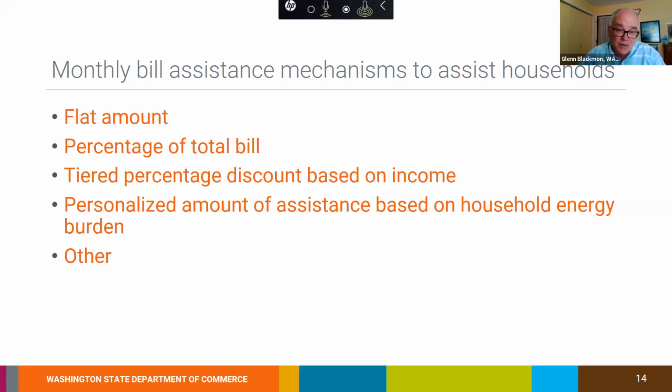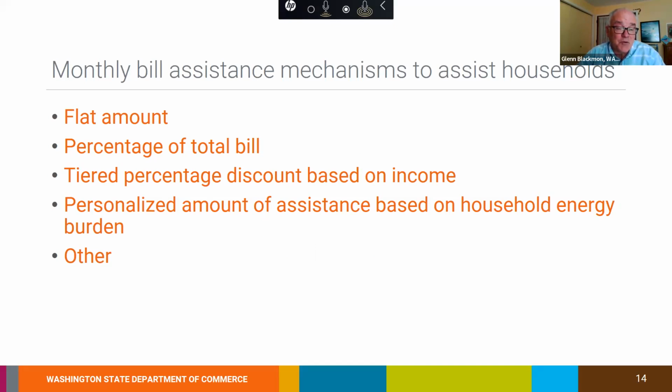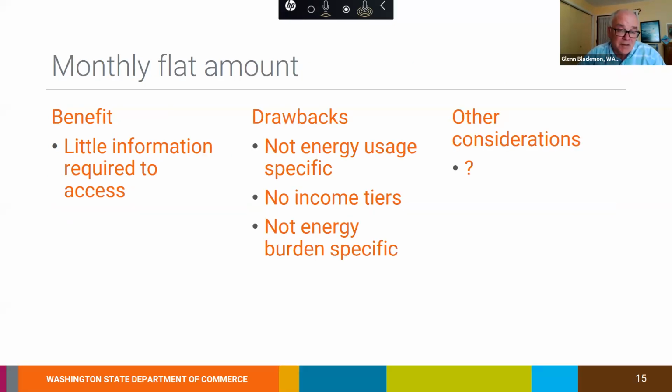So the first one that we're going to do is really simplified, and maybe it's as much an illustration of how we want to try to talk about it as it is a viable approach. So let's look at the first one, which is a monthly flat amount. So the idea here would be that